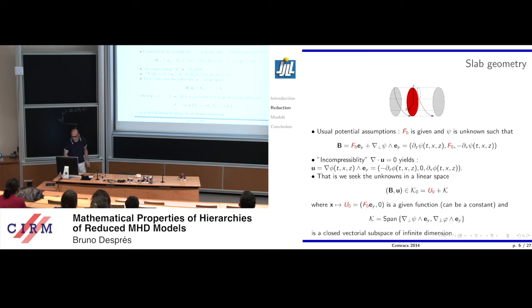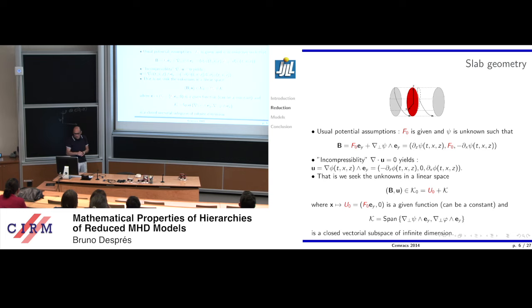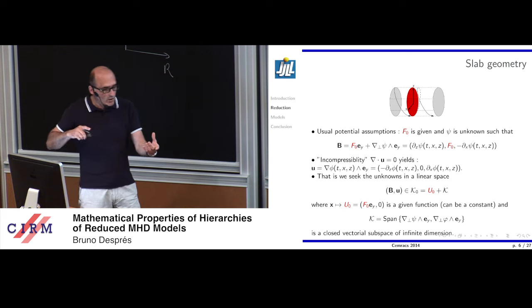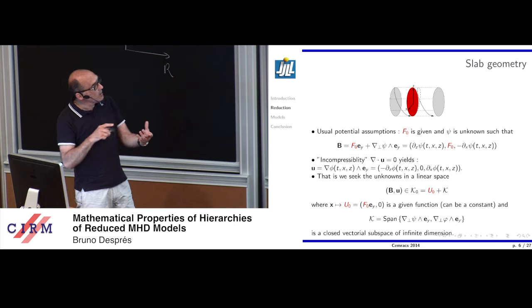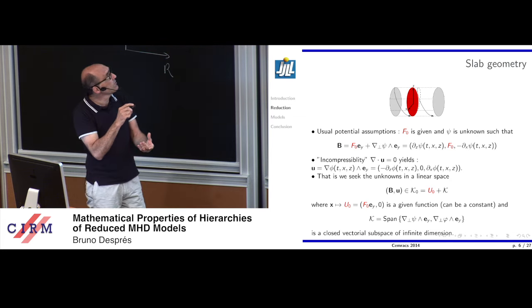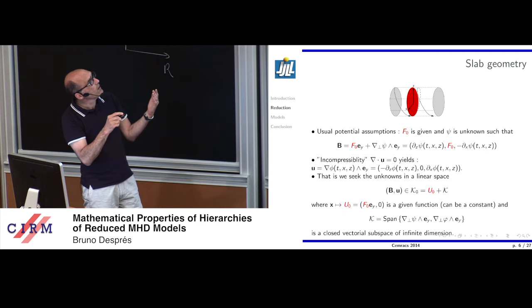So let's continue. Now I want to discuss reduction in the language of MHD. If I discuss reduction in the language of MHD, people say, oh, but the magnetic field I am interested in is, in slab geometry, and the curvature comes after. In slab geometry it is the sum of a constant forcing magnetic field with a correction, say, which is transverse, okay, which you can write.